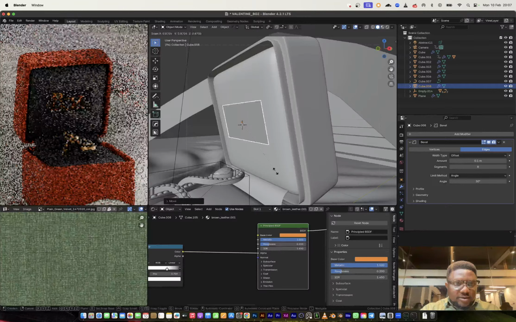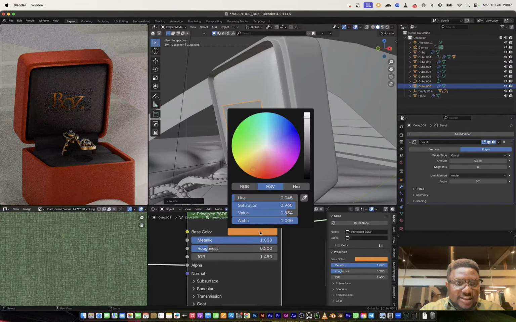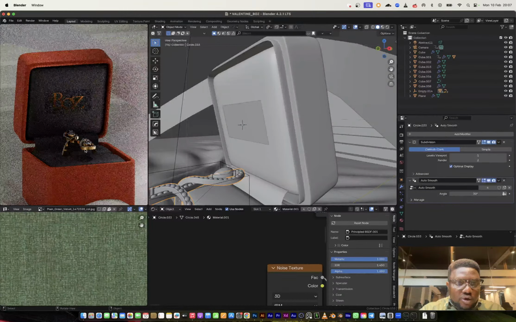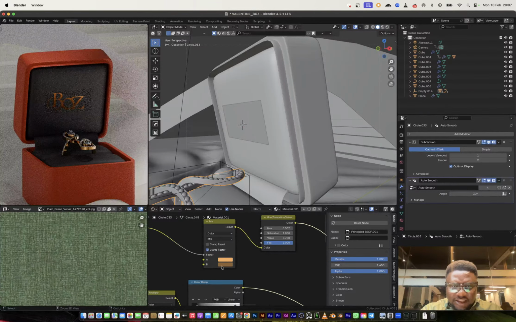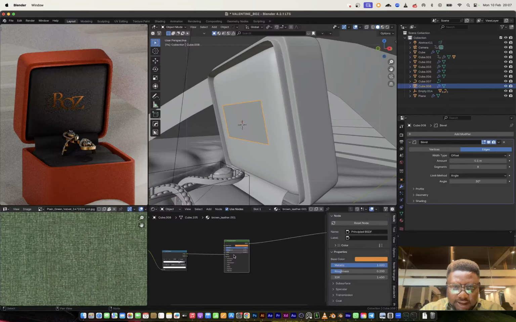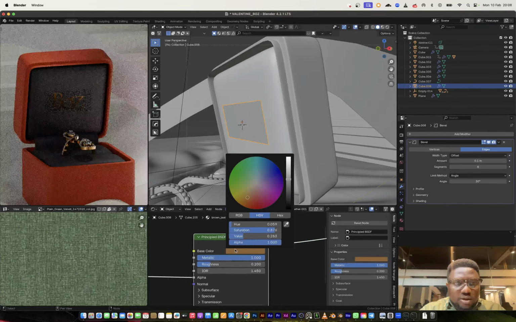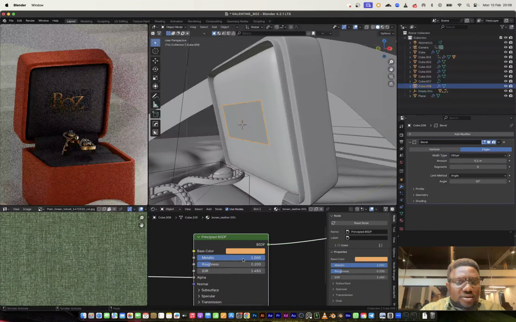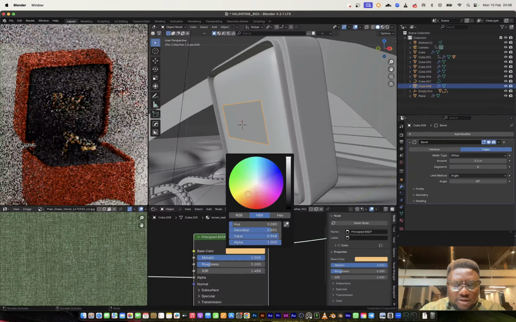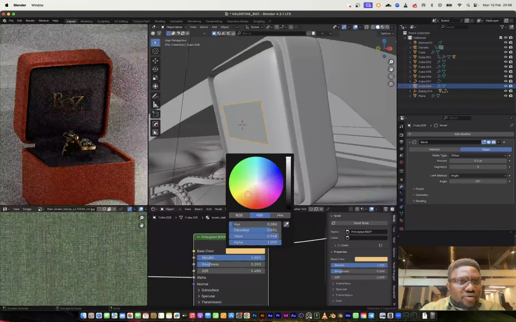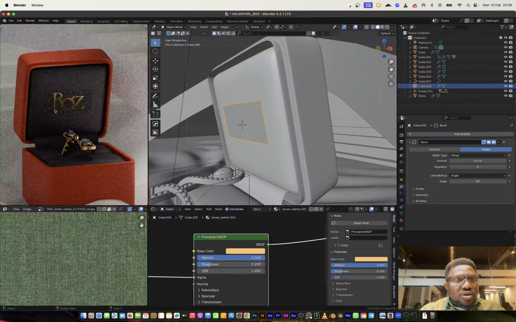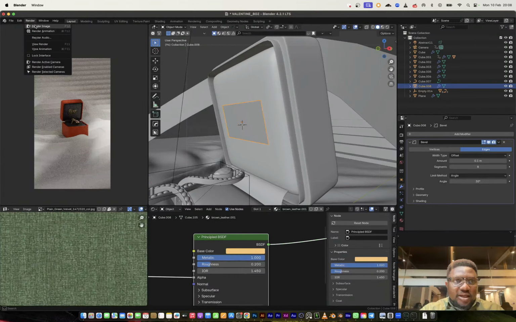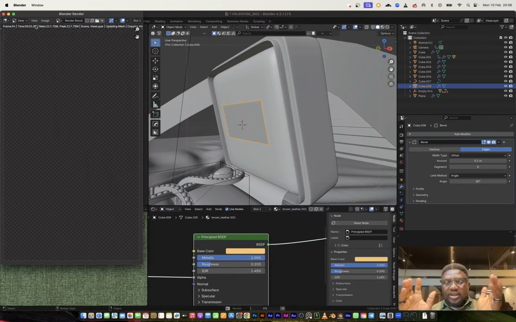So this is great. The only thing is that it's not the exact same color as the gold, so I just need to pick the gold color from the ring right here. I think this would work. And I'll just come here and paste it. It's a dark value still, so I can just increase the value on that. Maybe I want to move this color. So I want to just take a render and see what it looks like. From there, I know how to tweak things and move things around.